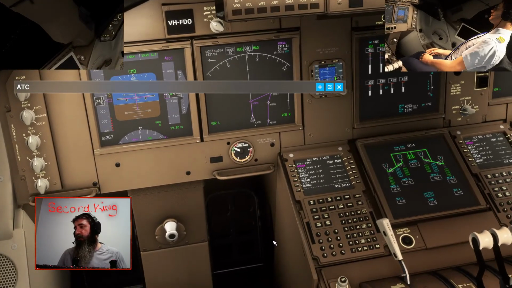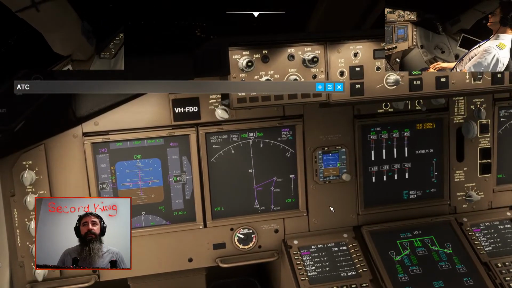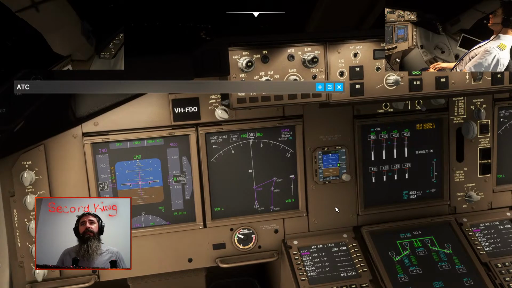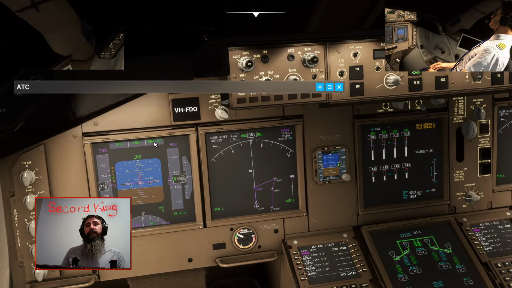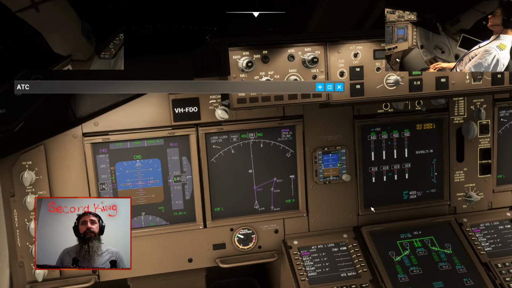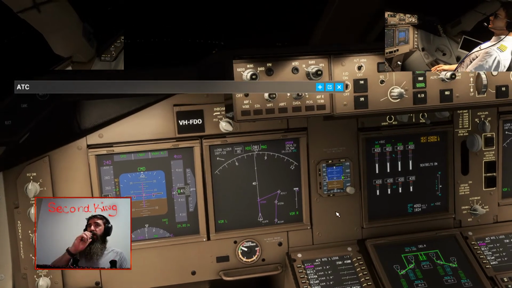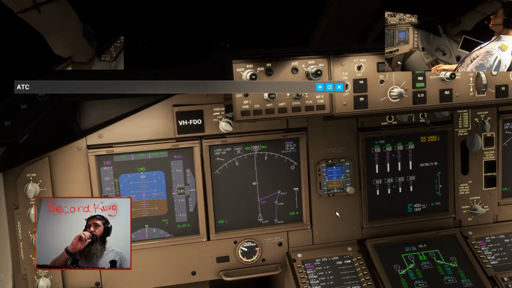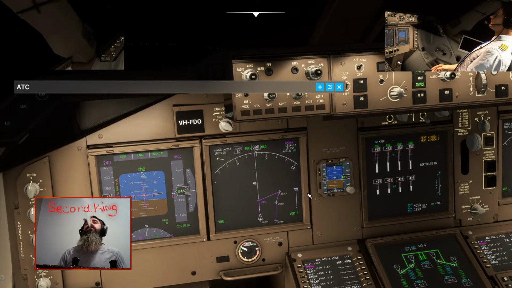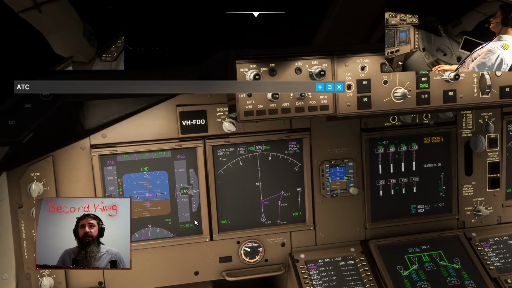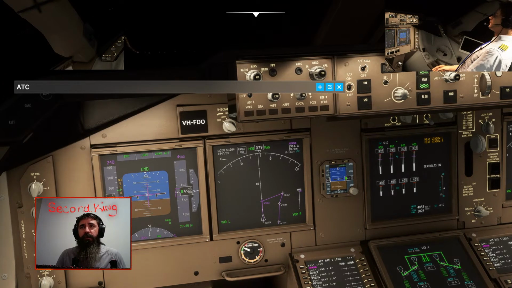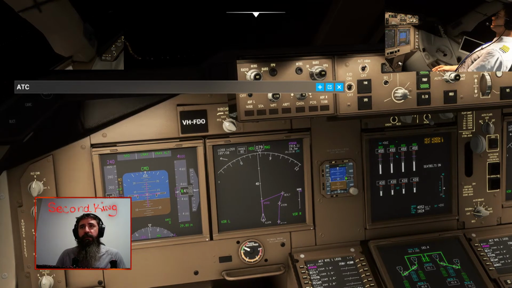Radio frequency for ILS landing should be already set. So that should all be done. There we have LNAV and VNAV, altitude hold and speed hold. On the displays we've got our indicated airspeed, our ground speed, our altimeter and our vertical speed.